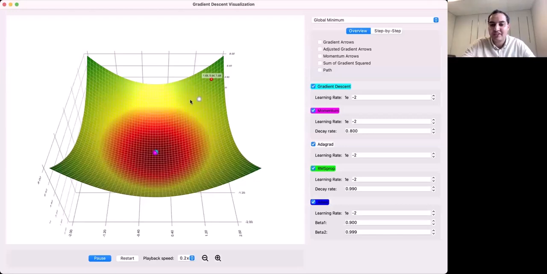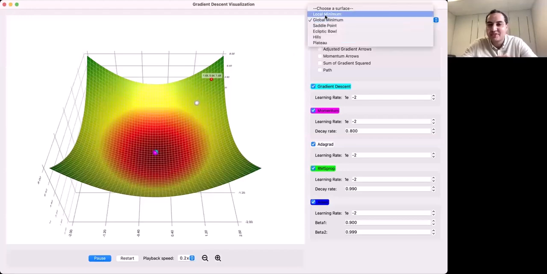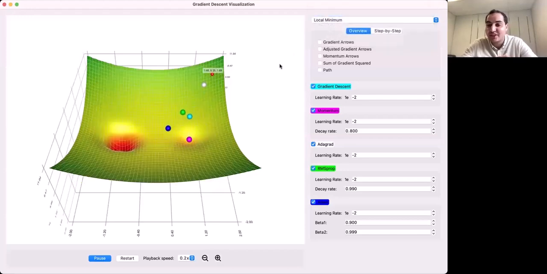So you see here that all the optimizers did well, except this white one, which is going very slow. Okay. Then we can also do the other case where we have a local minimum. So this is exactly the question that I had